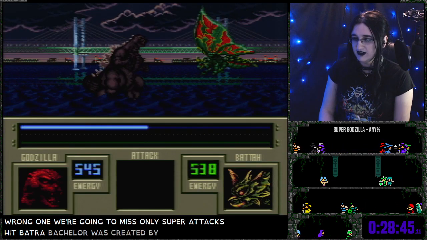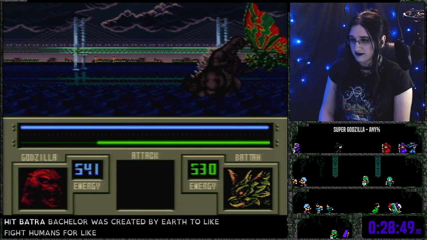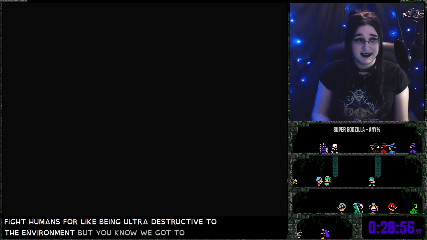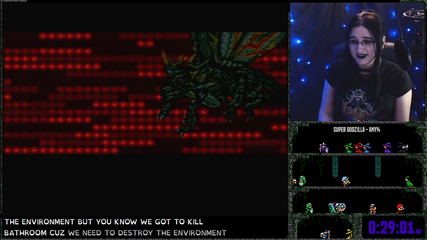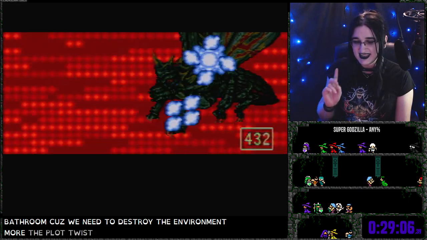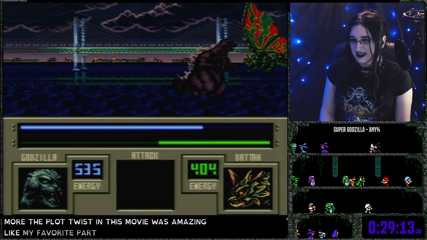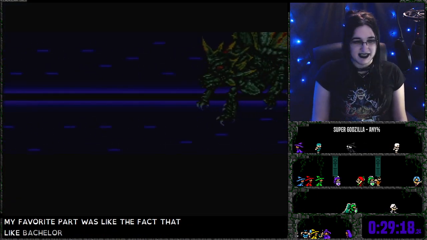Batra was created by Earth to fight humans for being ultra destructive to the environment. But, you know, we gotta kill Batra because we need to destroy the environment more. The plot twist in this movie was amazing. My favorite part was the fact that Batra wakes up and is